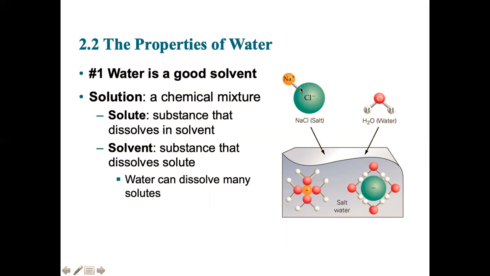And it does that because this little bond here breaks apart, and the chlorine kind of steals a negative charge from the sodium. And so the chlorine, which is negative, is going to have that magnetic attraction to the positive hydrogens, and the positive sodium is going to have that nice magnetic attraction to the negative oxygens.